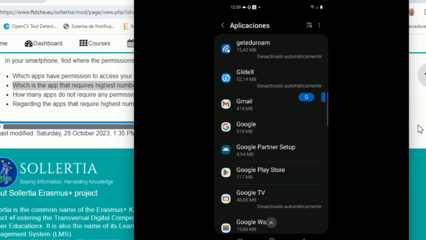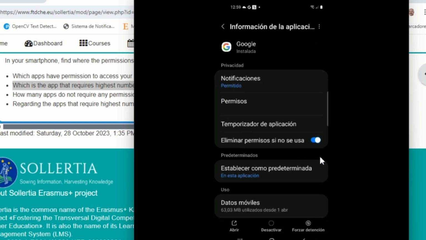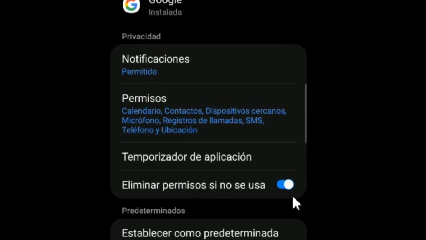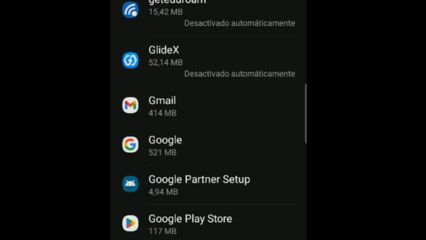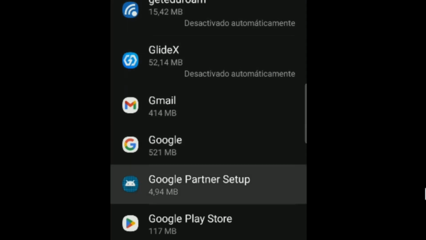So let's go to Google here. And yes, you may see here that it requires calendar, contacts, nearby devices, microphone, phone calls, SMS, telephone, and location. So this is basically the application that requires the highest number of